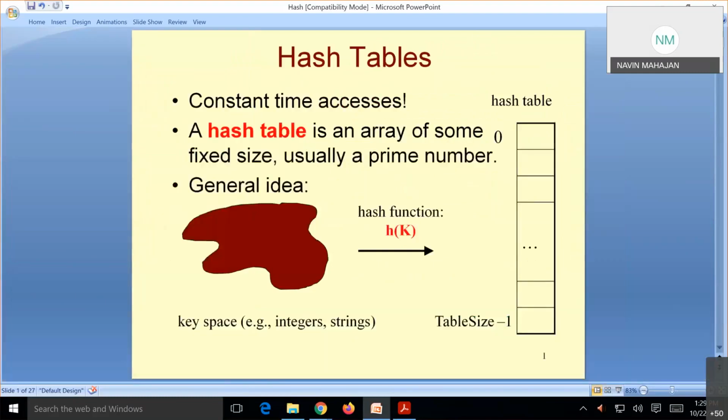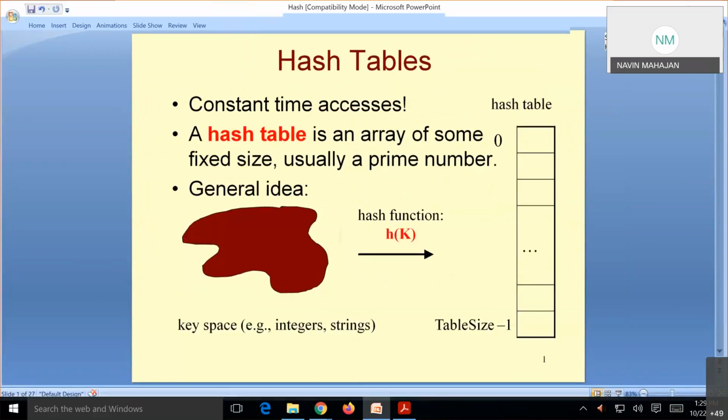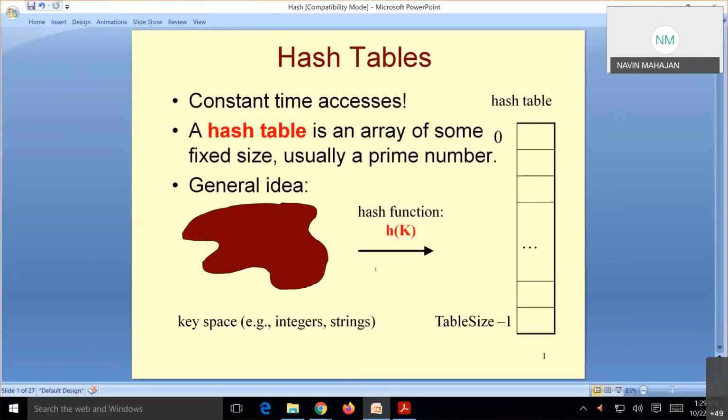Now see this. This is the information which I want to store, and this is the hash function which I will apply. A hash function is applied, and you get the output. The output is stored into the hash table.